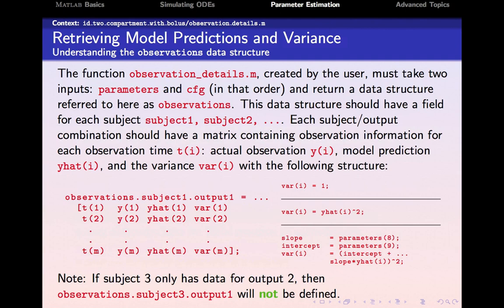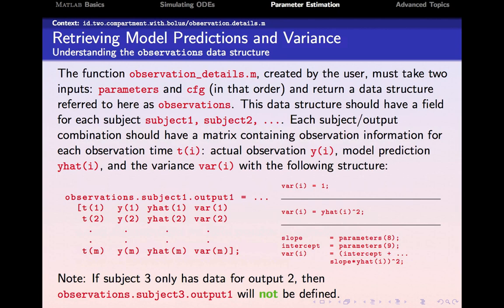Okay, so the function observation_details is the user-defined function, and it takes two inputs. The first input is parameters, and the second input is CFG, and they need to be in that order as well. And they return a data structure referred to here as observations. This data structure should have a field for each subject, and I use subject 1, subject 2 for all of those, and each subject output combination. So if you have a subject 1 and an output 1, or a subject 1 and an output 2, each should have a matrix. Okay, so there should be a field for each subject, for each output for that subject, and